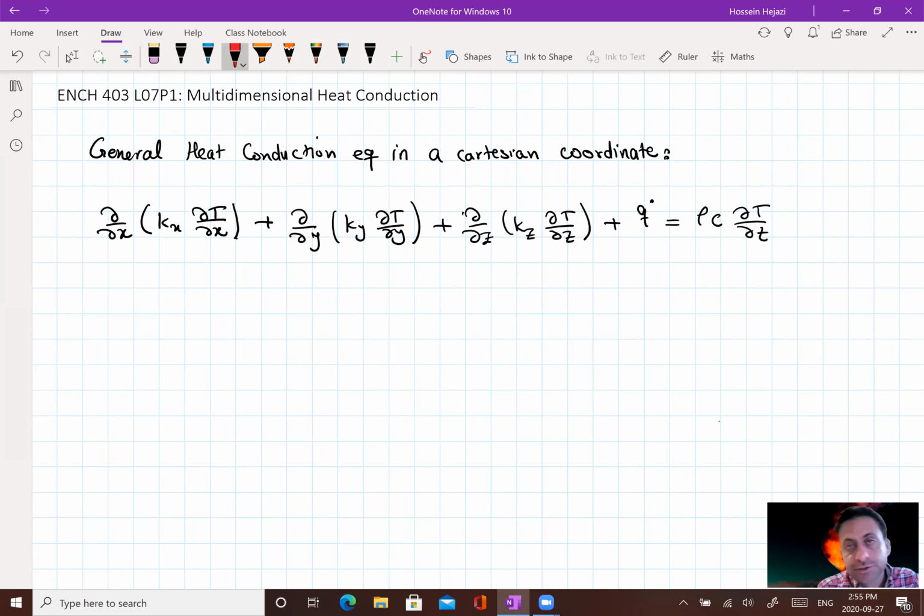The right hand side shows the storage or the accumulation term, which, since we are in the steady state, is going to be 0. Let's assume no heat generation in the system, so this term will be 0. And let's look at the 2D dimensions, okay? So we are essentially looking at the 2D dimension,